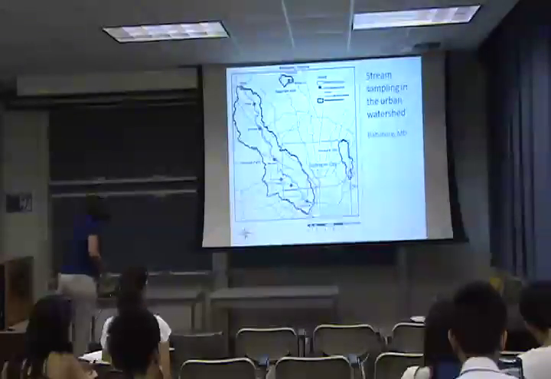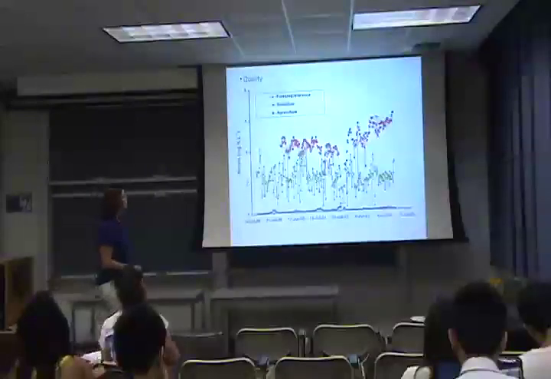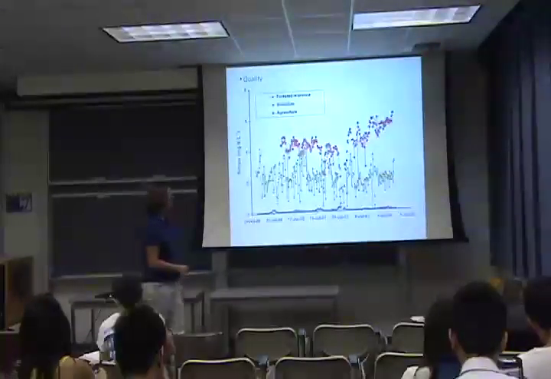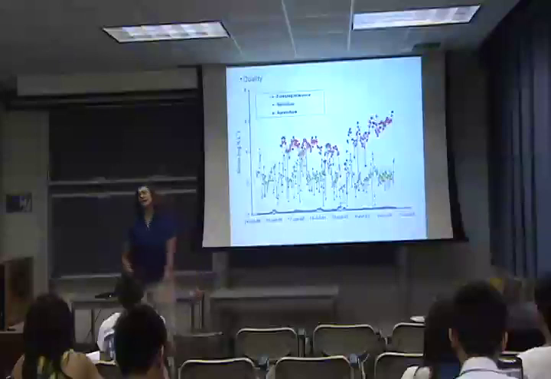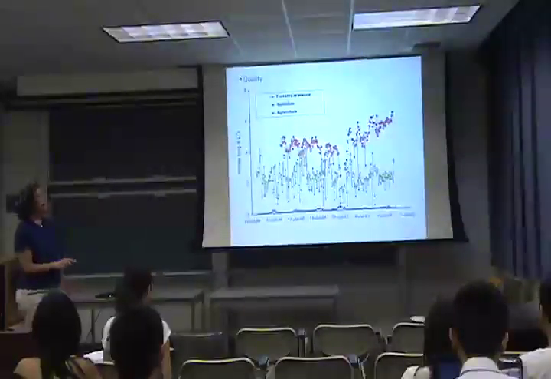Okay? So here's a diagram showing the nitrate concentration in milligrams of nitrogen per liter of water every single week from July 1998 to July 2005. It's time for me to get a new graph. Okay, but it makes the point I want to make. We've got three parts of the